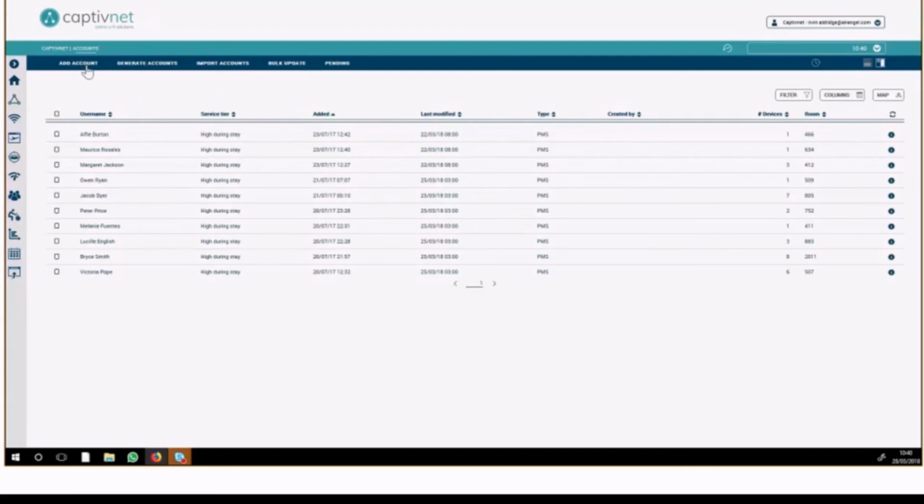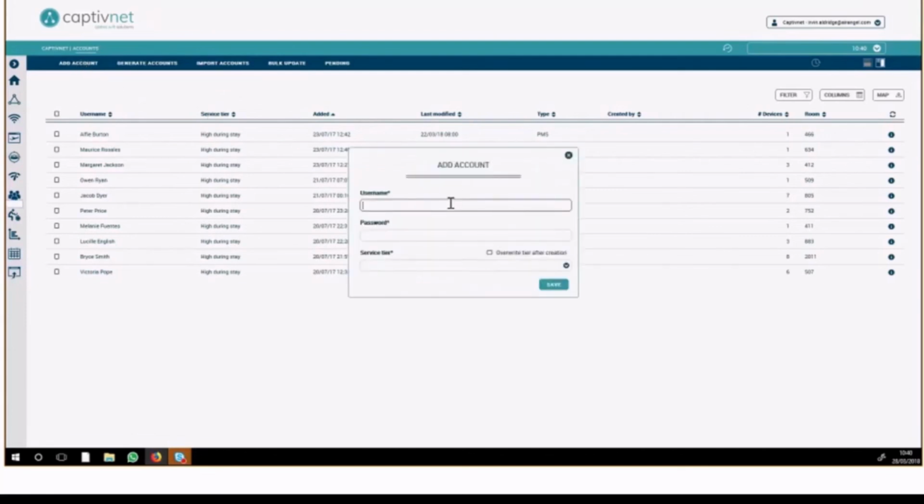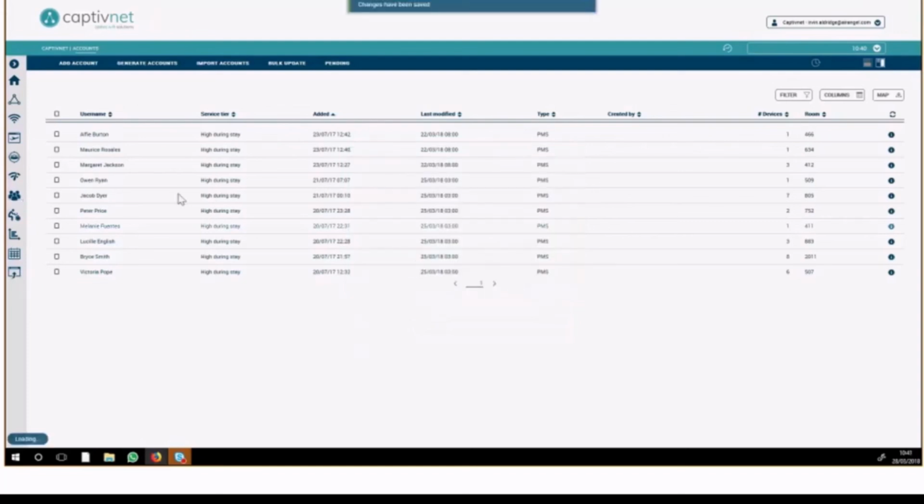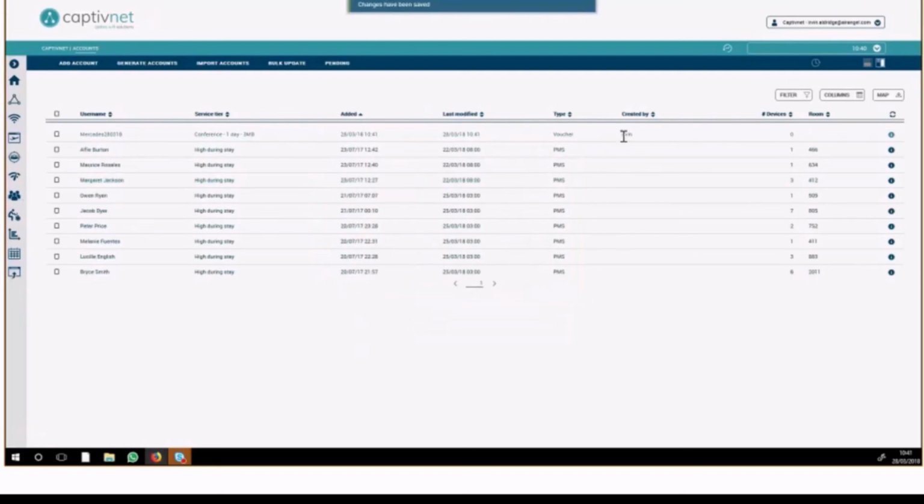So it's very similar. You can create an account. Let's use the example of maybe we have an event taking place. I'm going to create this username. On this site we need a password, but actually on the minor domain it's just an internet code without a password. We choose the service tier that we want to associate this meeting with. So you can see here I've got a service tier that's set as conference 1 day. So let's create a Mercedes event, and it's going to be a conference 1 day associated with 3 megabytes. So you can see then that I get this account created,